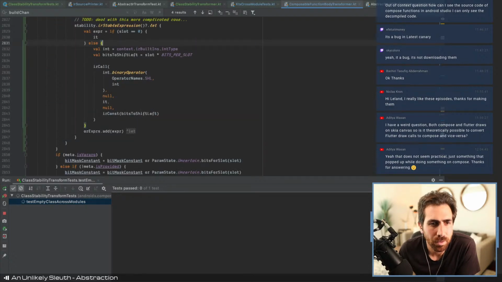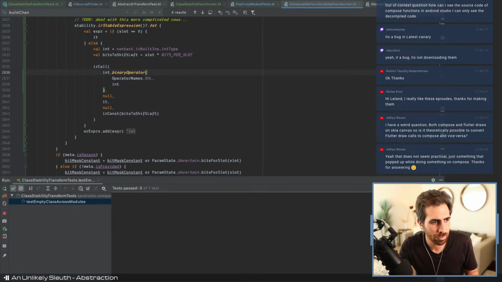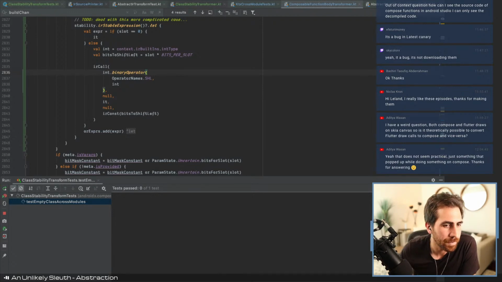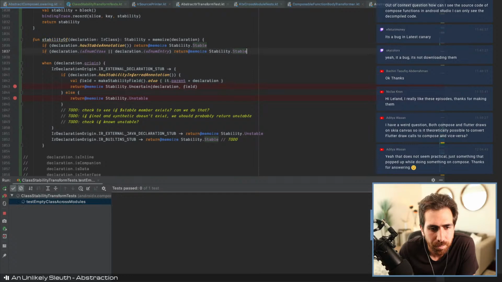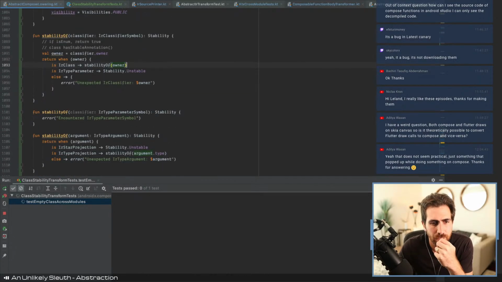So, where's the abstract compose lowering? Computer's really struggling right now. All right. So, one of the things I do, I think, is,